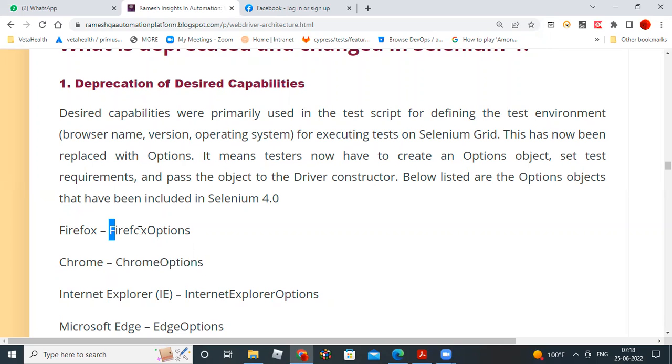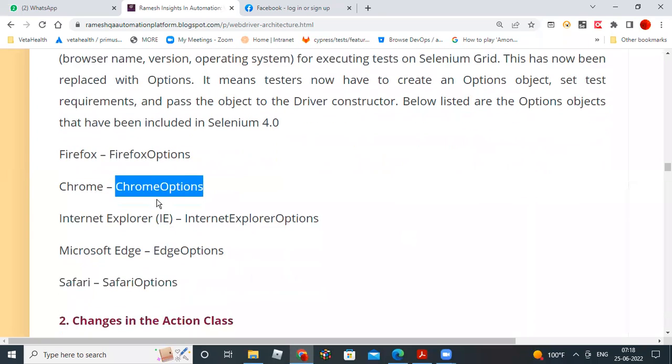So these are all classes, and inside the classes again you have non-static methods. To call non-static methods, you have to create an object for this class. So you create the object, then call the methods to make changes in the browser settings. Any settings you want to modify, you can call the methods. Each method is different. So you call that respective method, and again